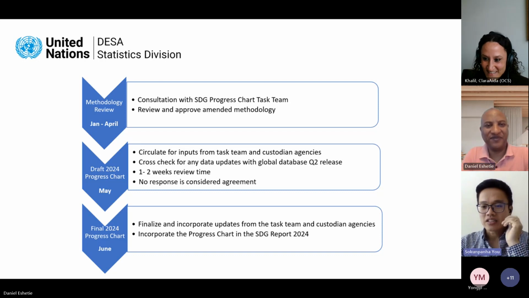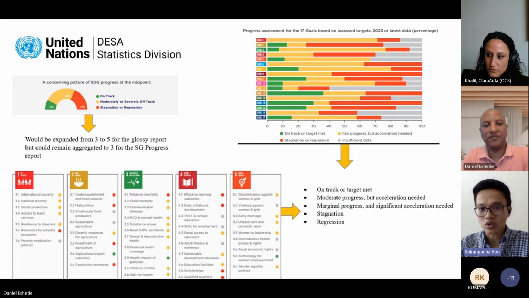Yeah. Can I just emphasize again that once we send those packages in, you will receive both the preliminary traffic lights, similar to what Daniel just showed you in the next slide, and also the technical note, so that you can look at both. And this is where, like Ekaterina just mentioned, if custodian agencies have recommendations or suggestions on the data series that are used, this is where you can also return to us.